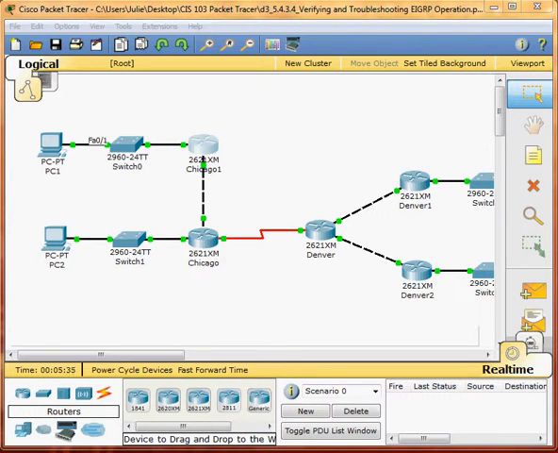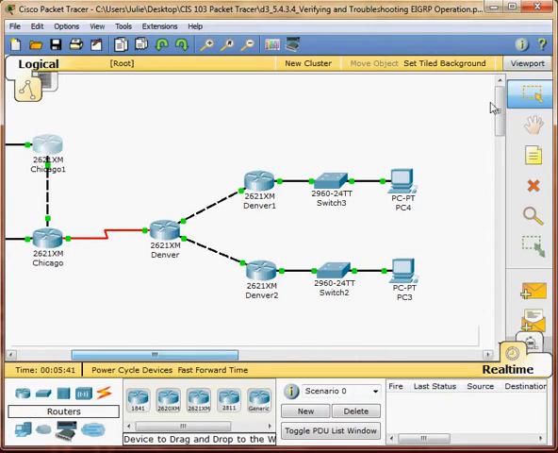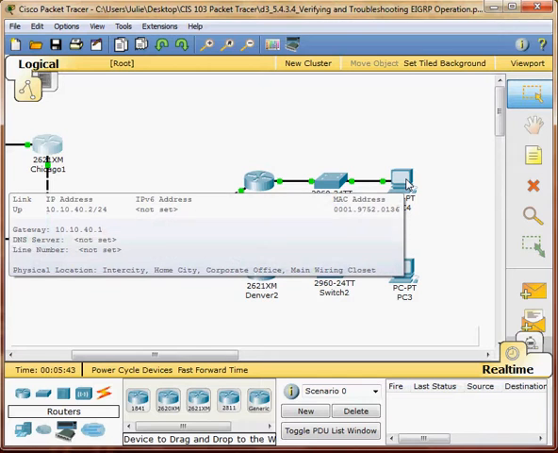Now I have to go to the PC4 and configure its default gateway, which is 10.10.40.2.